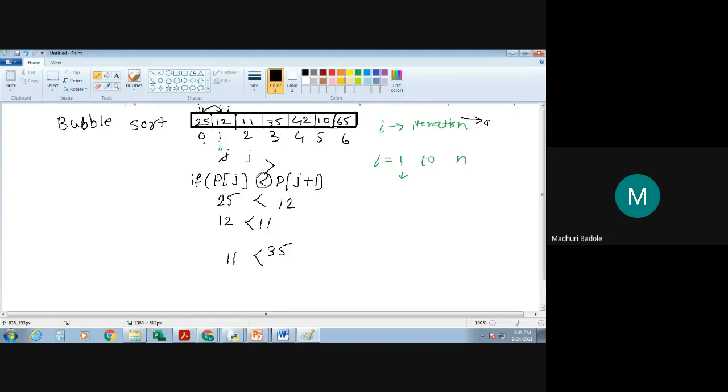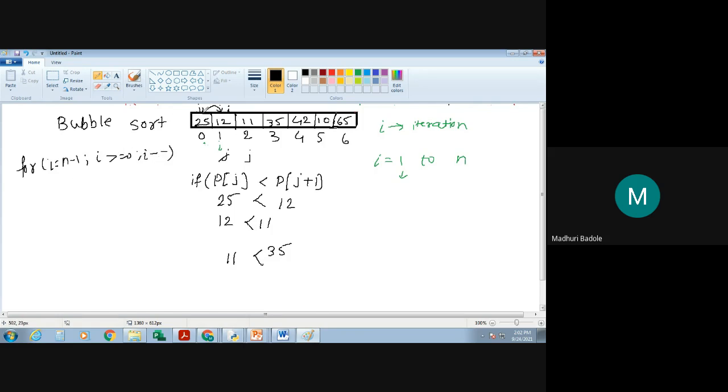If you want to reverse it, you only change the condition: i equals last element, i greater than or equal to 0, i minus minus.